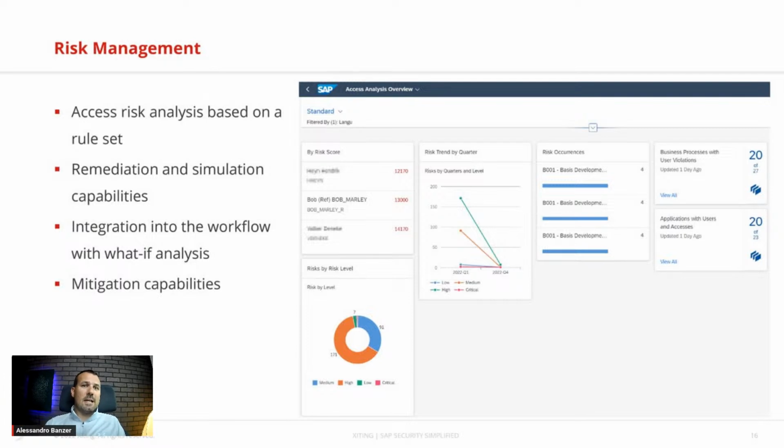The same when it comes to risk analysis, which I'm showing here. Now we have cross-system SODs. The users need to be consolidated. We have to have one unique user. I want to analyze Alessandro, whether that's ABANSWER or abanswer@exciting.com in the cloud, doesn't matter. I want to look into the users and not map them manually. It needs to be mapped automatically by the system. And that's what IAG has different capabilities as well for us to consolidate and be able to manage them from one point of view with one starting point, I would say. So that's in a nutshell from the 5 use cases.